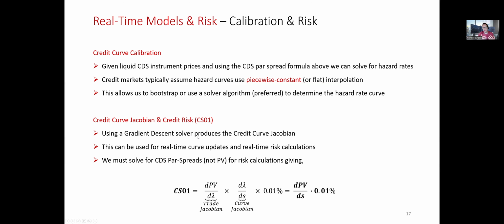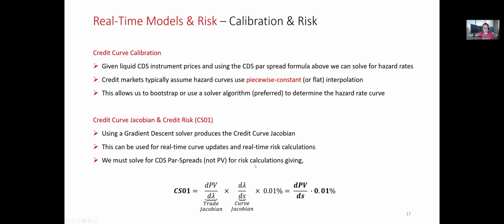So don't just store the hazard rates, also store that curve Jacobian J, and specifically compute the inverse of that Jacobian and store that. We're less interested in the Jacobian itself. We want the inverse. So store the inverse Jacobian. Then this inverse Jacobian can be used for real-time curve updates and real-time risk calculations. We must solve for the CDS par spreads, not the PV,